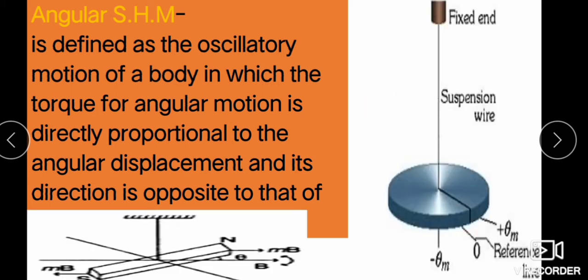And examples are the torsional pendulum and the magnet which is pivoted from a rigid support and placed in a magnetic field. If displaced from original position, it will perform an angular SHM. Torque developed is due to the two forces MB on the north pole and minus MB on the south pole of the magnet. Due to this couple, a torque is developed which restores its position, and this torque depends upon the angular displacement and is oppositely directed to the angular displacement.